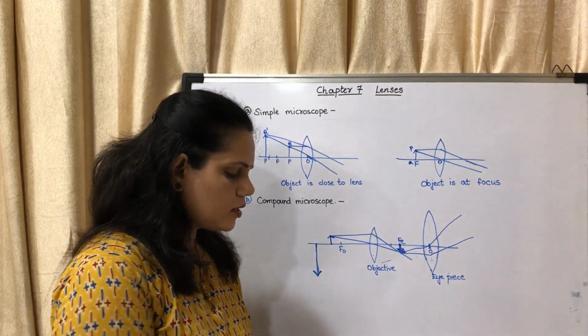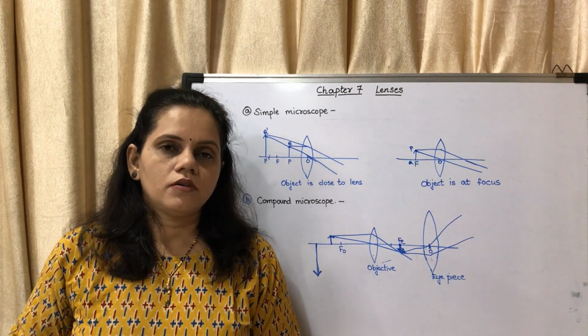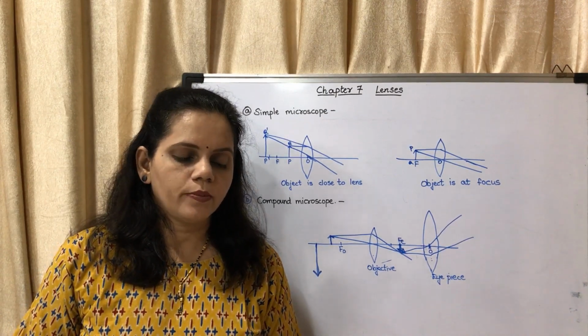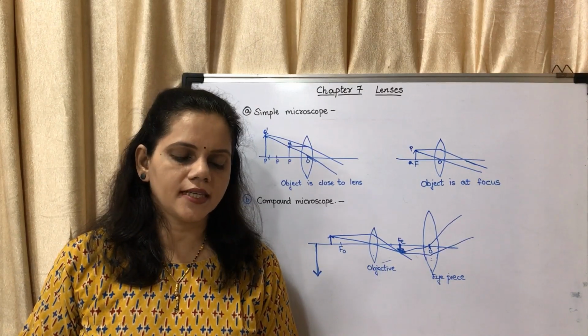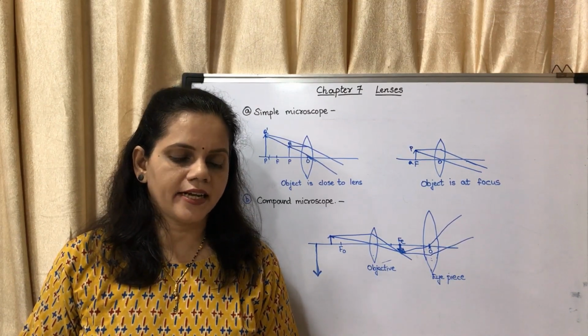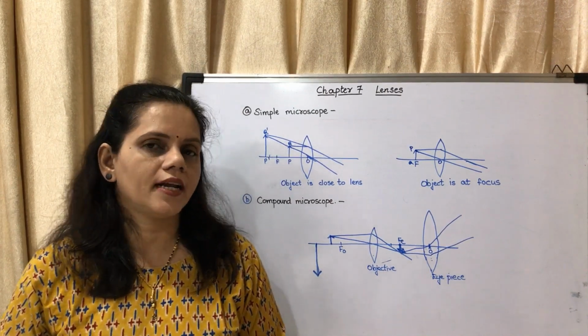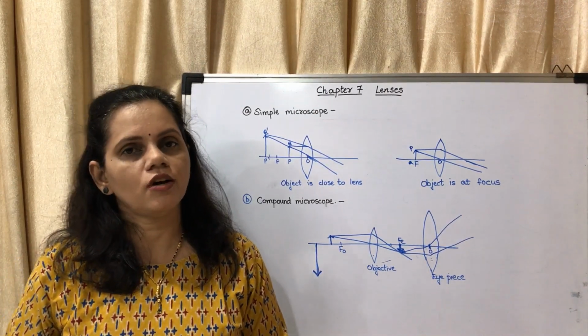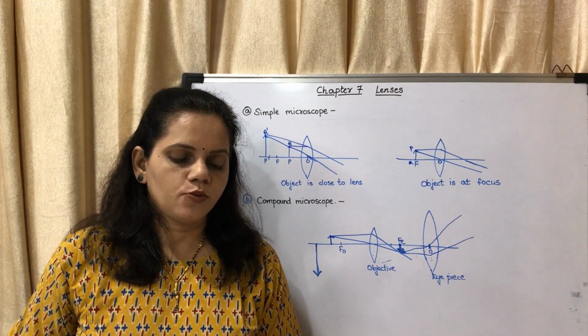So what you have to remember from this, page number 90: for what purpose do you use a compound microscope? It is to observe minute objects like blood cells, cells of plants and animals, and minute living beings like bacteria. You may underline that. What are the uses of a compound microscope? Then you may mark from this point.